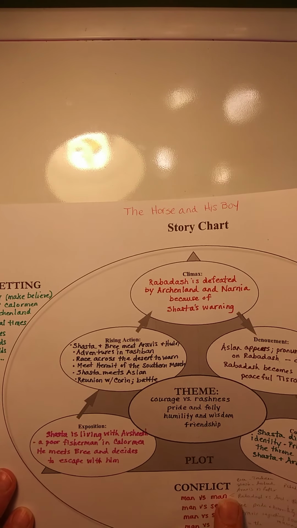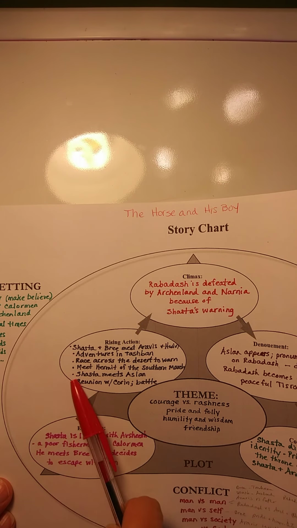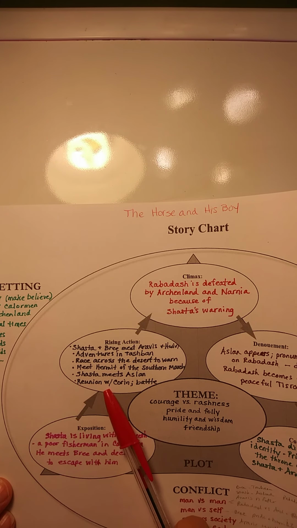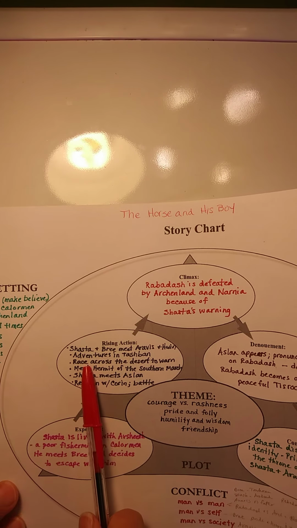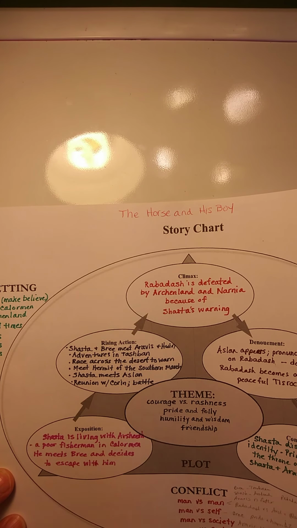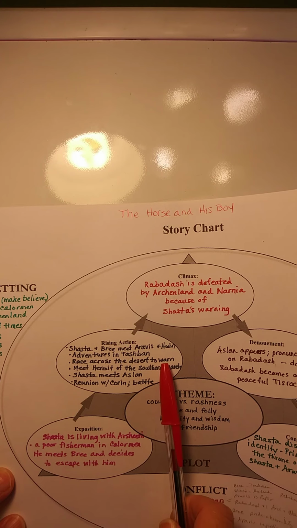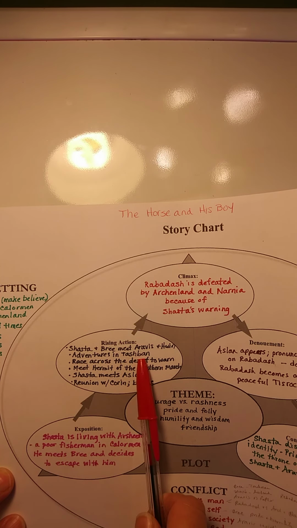Then, the rising action is hard because this is where most of the book takes place. So you may or may not be able to fit all of this in your rising action. But this is what I have. Shasta and Bree meet Aravis and Hwin because of Aslan forcing them together. They think they're being chased by lions, but they're actually being introduced to each other by Aslan. Adventures in Tashbaan, including